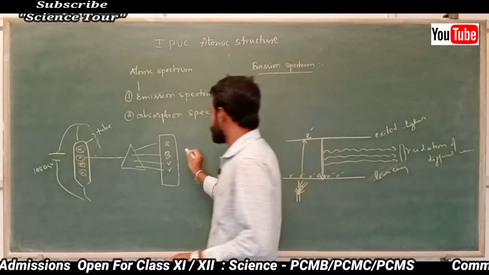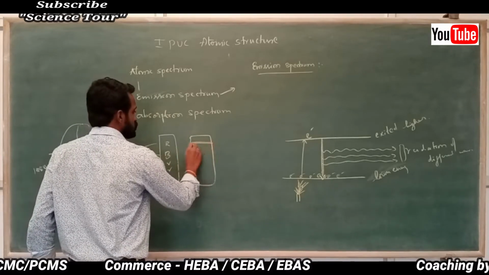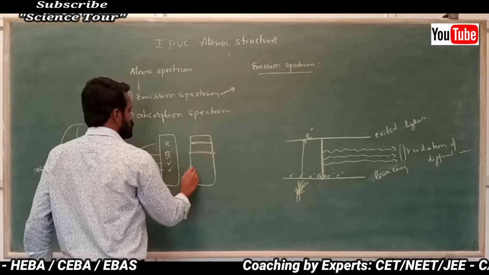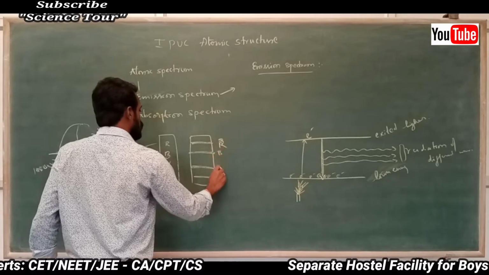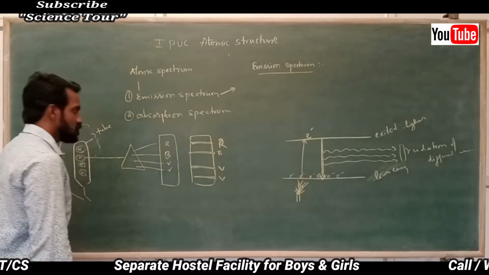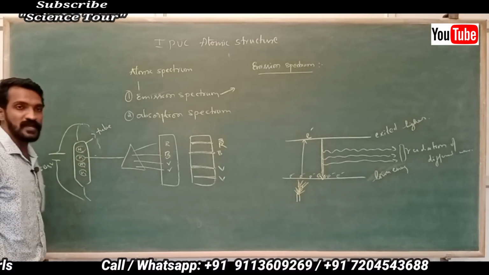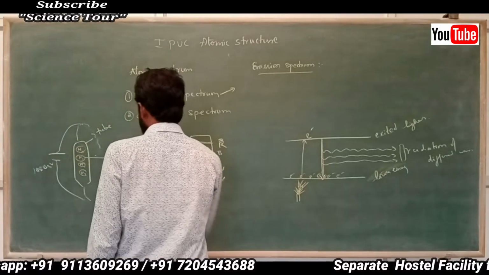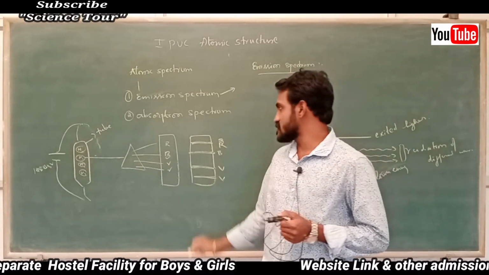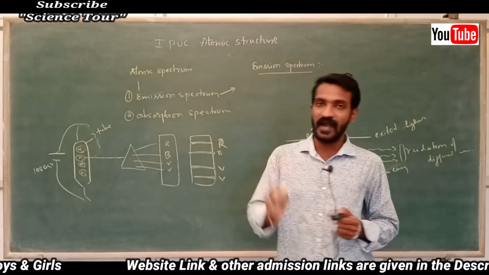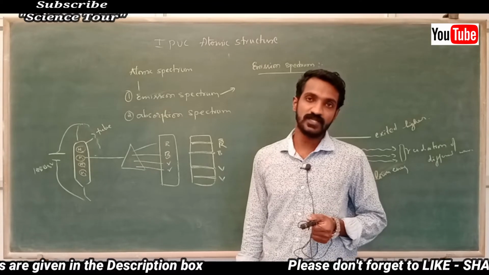So how you arrange this line, imagine this is a spectrum you are arranging. First is red color, next is blue color, next is violet color, another violet color, like this you arranged. That means when you heat hydrogen atom in a cathode ray tube by applying high voltage, it gives light radiation, and that light radiation passes through a prism and gives four different colors. Those four different colors are arranged in a pattern. Now it is called emission spectrum.